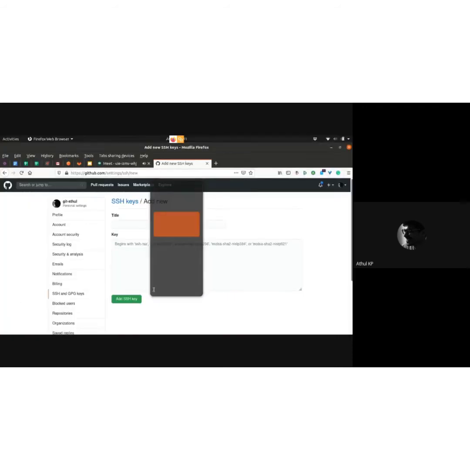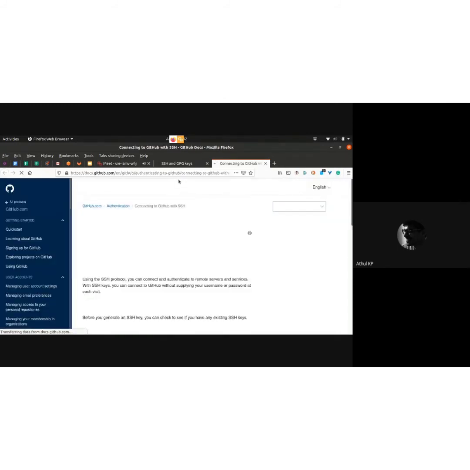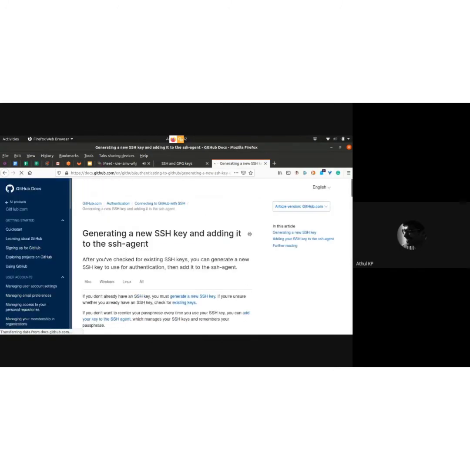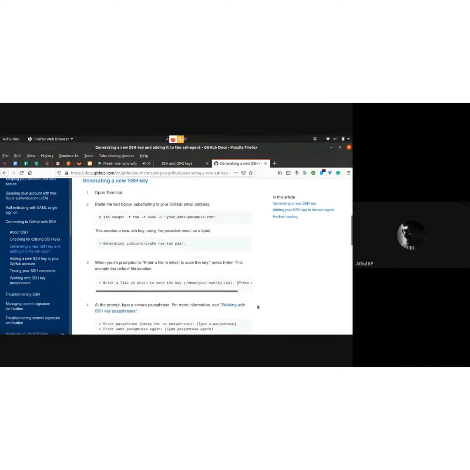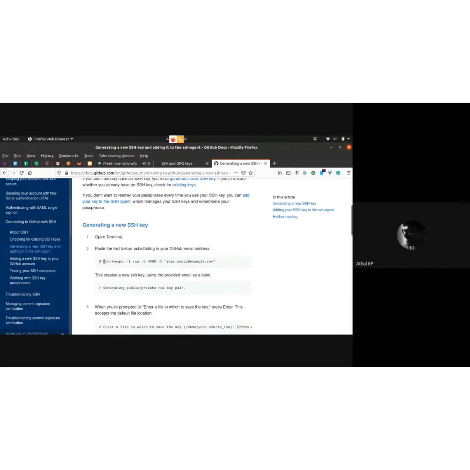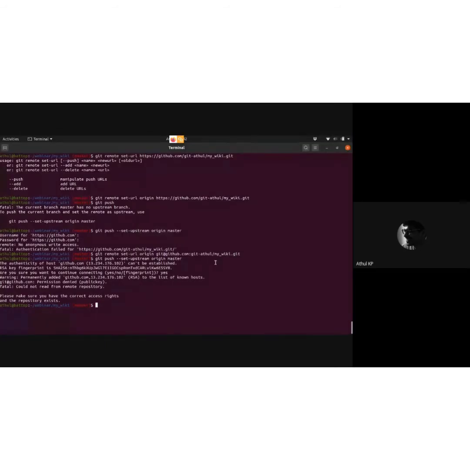I'll show you. Before that, if you have any doubts, you can read about it in GitHub itself. You have good documentation of everything. Generate new SSH keys in all systems. All details are there. Okay, I'm going to copy this and create an SSH key in my locker. This thing we have to replace. It should be our